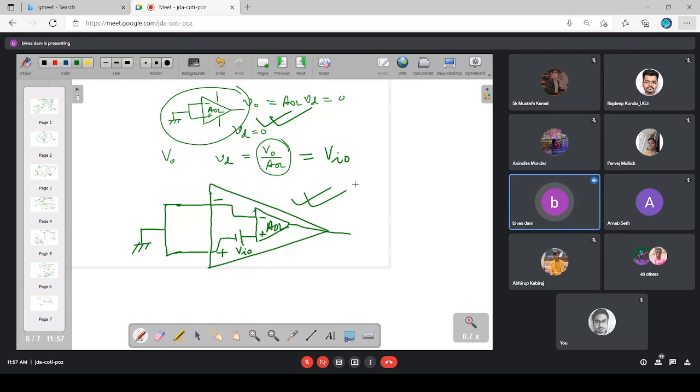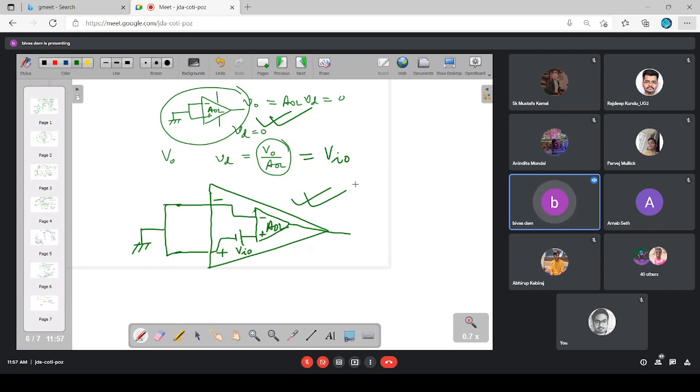Remember, this VIO has no physical presence. This one voltage source we just assumed to be present. Physically, this is never available. This is never present. Its presence is only assumed